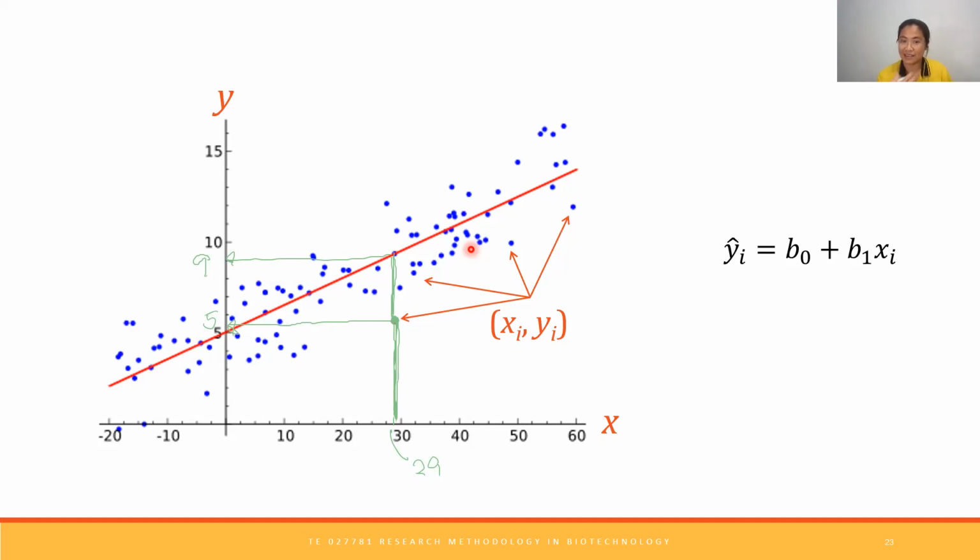It is like this. The experiment gives you 5 at 29. But when you make a regression of the whole set of data, that x of 25 will give you 9, which is on the regression line. So that is how, when we are doing modeling, and then we get